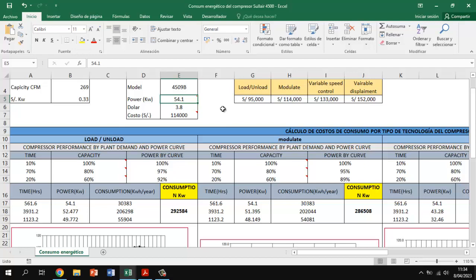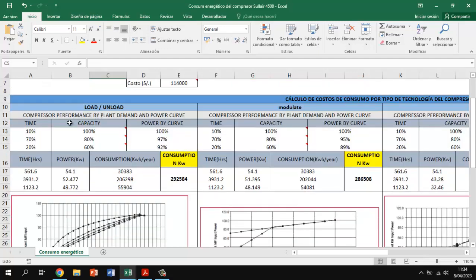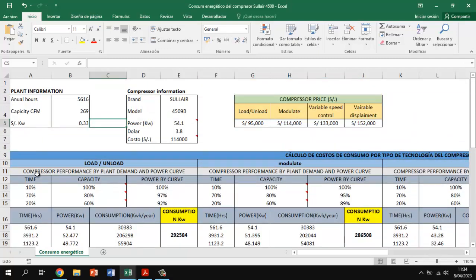So at the end of the video, I'm going to show you where I find this information. It's in the data sheet. This information is in the data sheet, so that's where you can find it. So I assume this